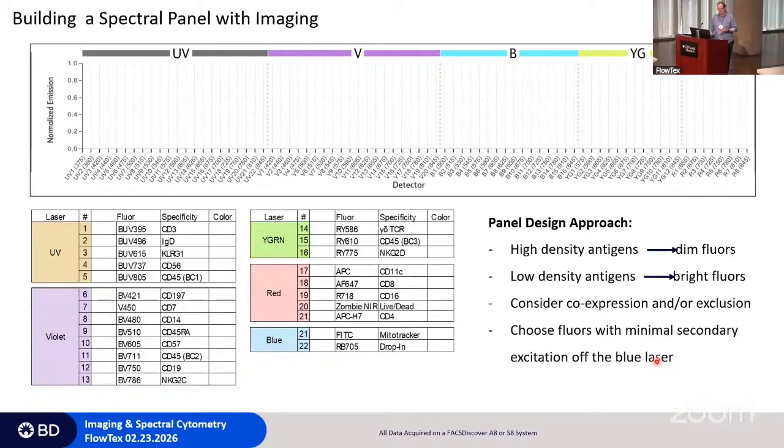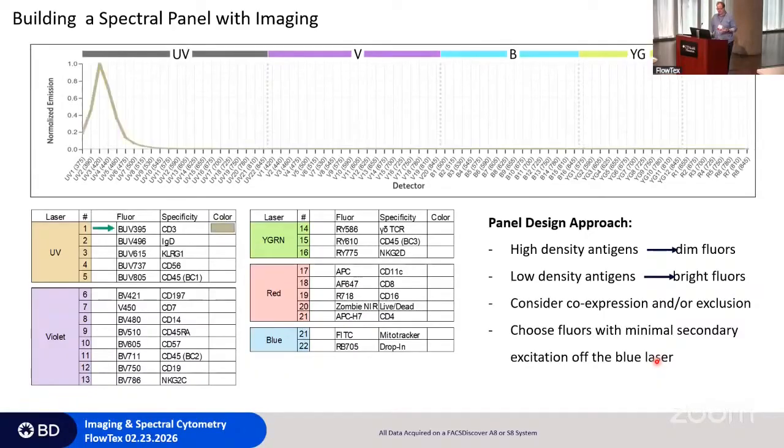So here's my panel down here. I've got a total of 22 markers, and I just go through systematically. What I'm looking at is that blue area. Obviously I have blue-specific dyes that I'm using for imaging, which are the MitoTracker and the RB705. But what I'm really worried about is the secondary excitation from UV dyes, from violet dyes, from red dyes that will accumulate in those regions and give me background fluorescence